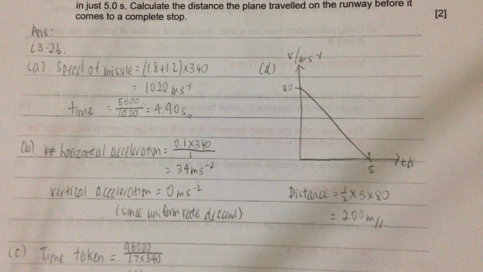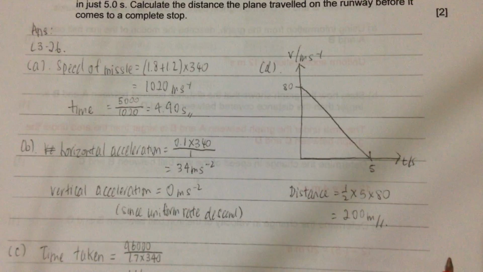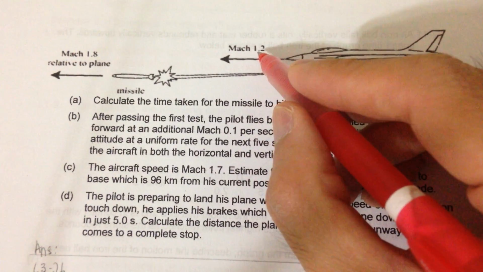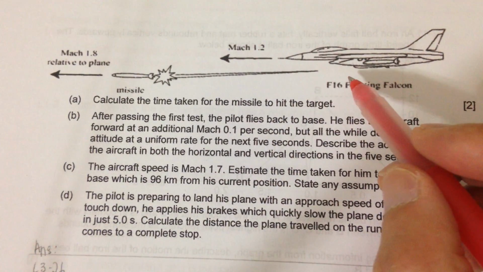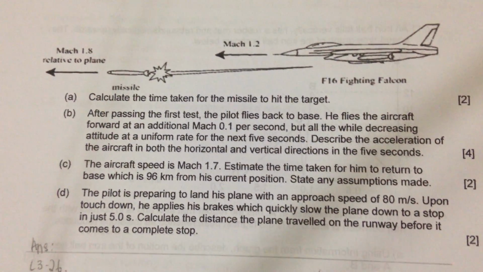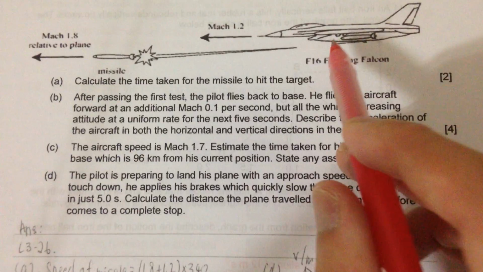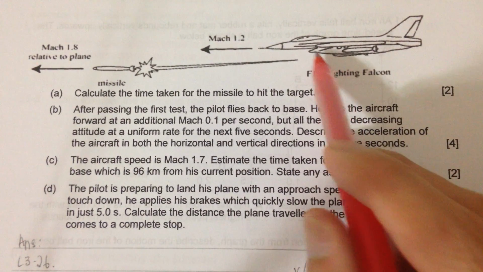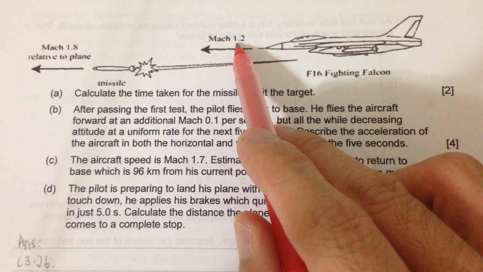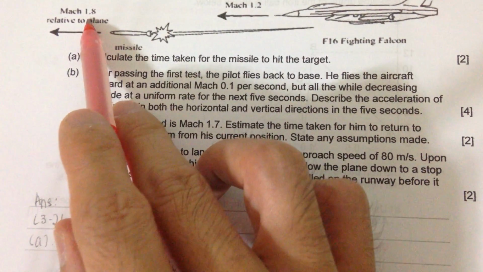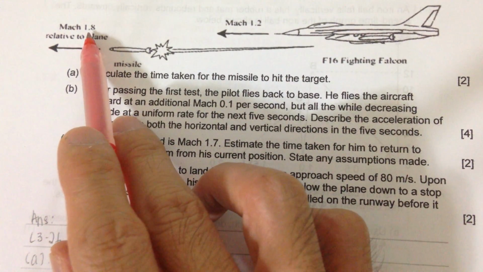Okay, so now I'm going to the last question of exercise 2.4. For this question, the fighter jet is already traveling at a Mach of 1.2 while it fires a missile which is traveling at a Mach speed of 1.8 relative to the plane. So what this means is that before the missile leaves the plane, the missile already has a speed of 1.2. So when I fire it at a speed of 1.8,